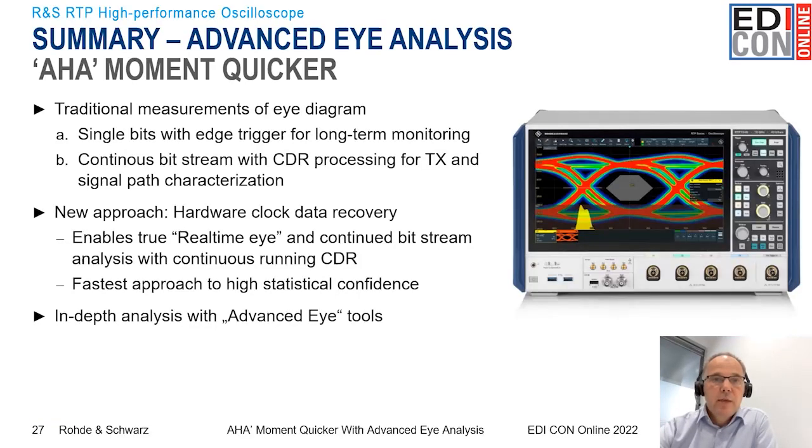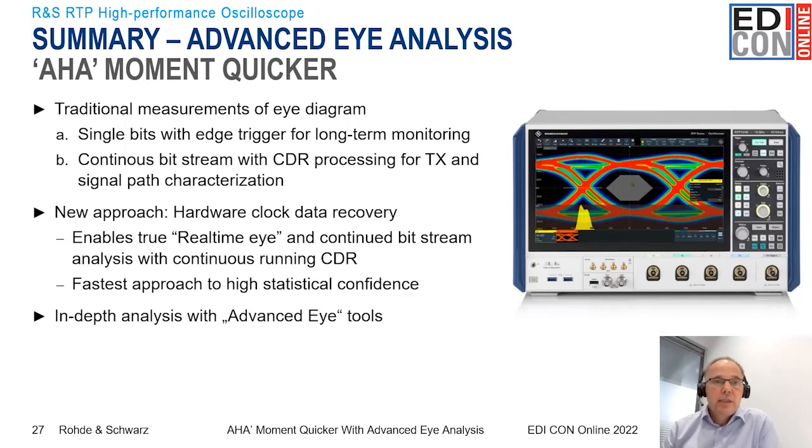So let's come to the summary. Traditional eye measurements typically use different approaches. One is for long-term monitoring. They use an edge trigger, for example, and you look at individual bits with a short acquisition range for a very long time because you want to detect some interferer. The second approach is to look at one dedicated signal stream of continuous bits. Then you apply a clock data recovery and look at the details of the characteristics of the transmitter and